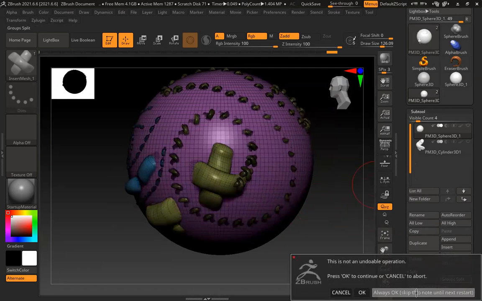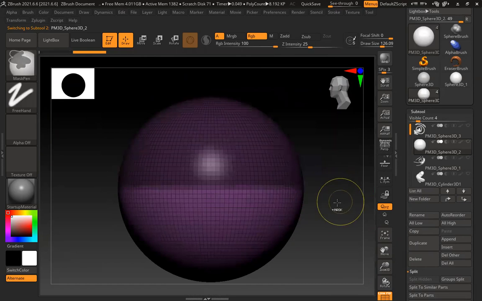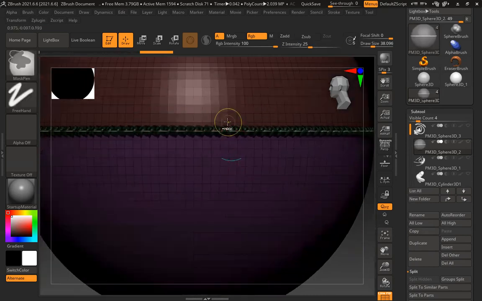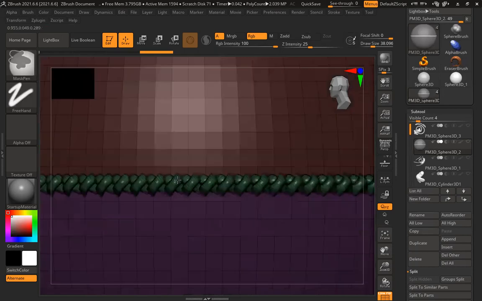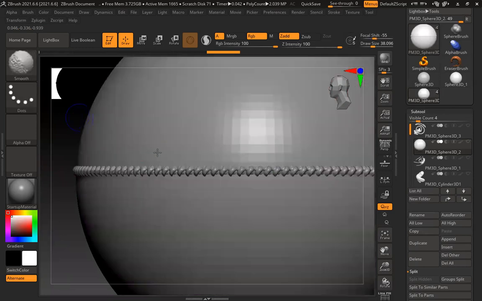Split, group split, and let's see, sphere. So suppose your upper panel and lower panel have a separation. It's two different polygroups, right? So Control W. Now if I want to draw this thing on this edge, it will be super easy. Click, drag, hold shift, and it will wrap around the surface and create this thing. See? I believe this will be very easy. If you have polygroups, all those different plates will have different polygroups. So you can easily draw this line, hold shift, it will automatically snap on the edge.